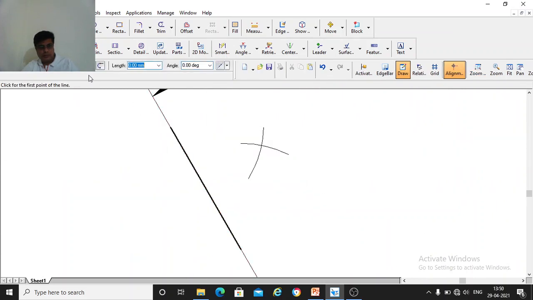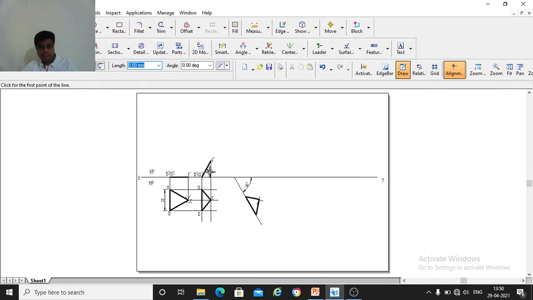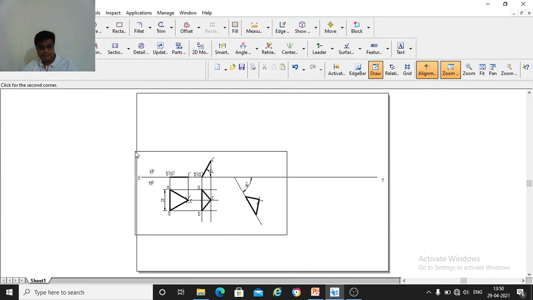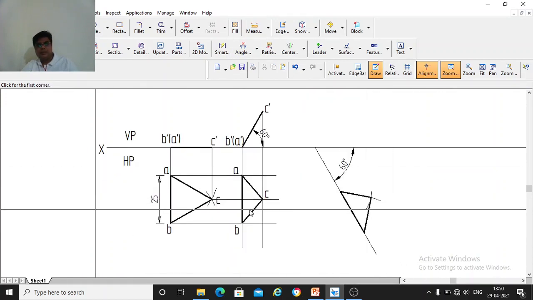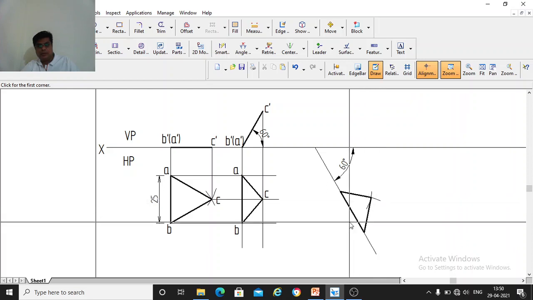So take a line with your 2B pencil, connect to this intersection and join it to this line. So now this triangle you have drawn here.